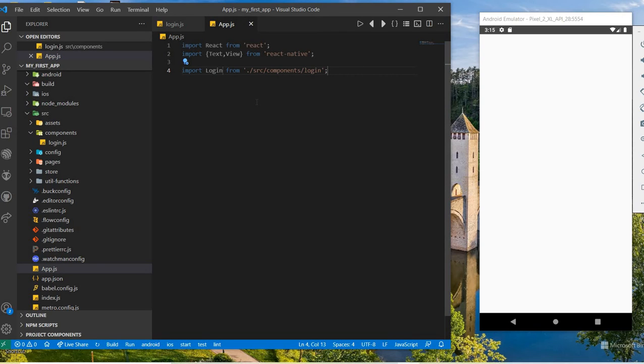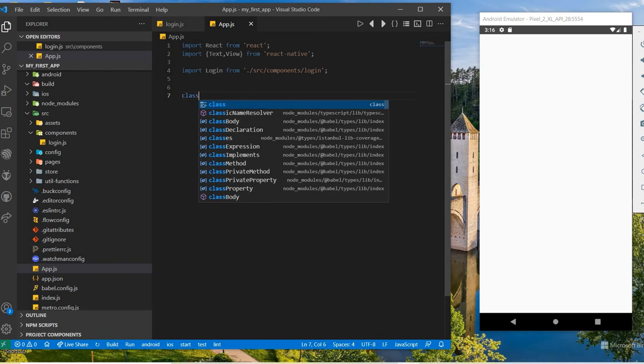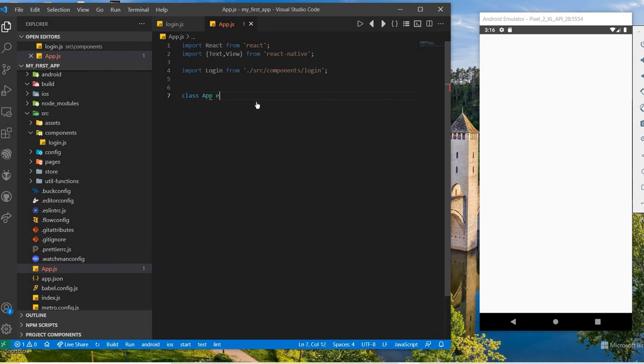Now let's create the class component. To create a class component, the file name is app, so the class name should be app: class app extends Component.